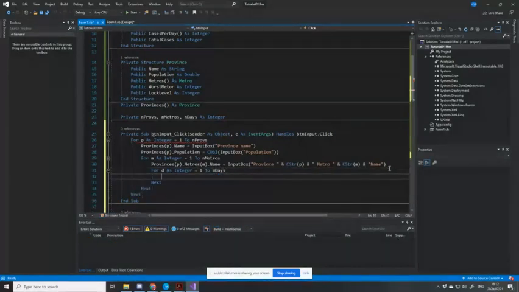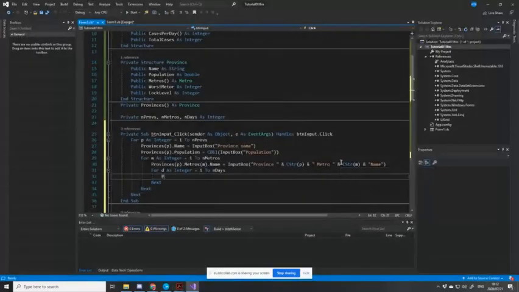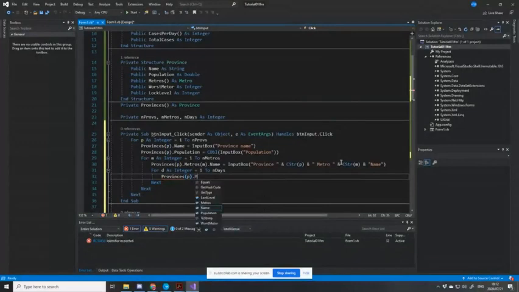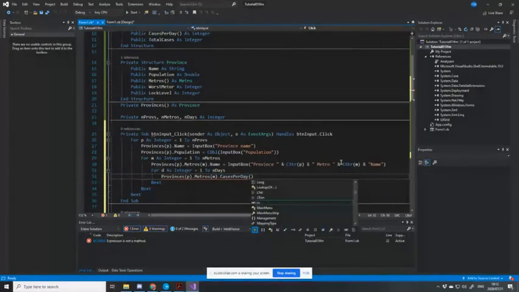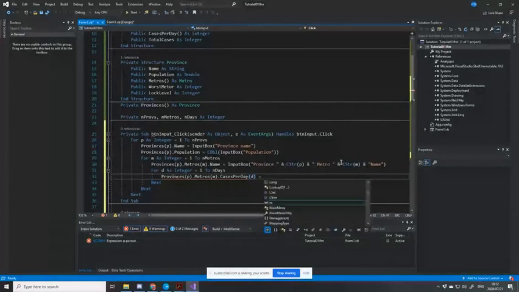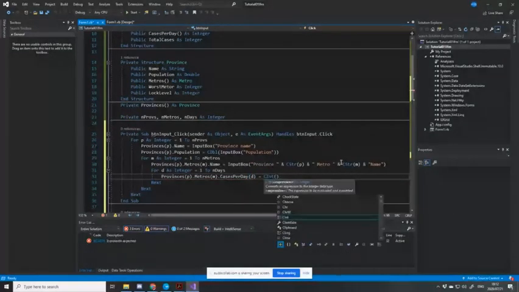I think that's right. Let me just make sure I'm right there. I lost track of where I was. Yes, that's our number of days. So that would be provinces. It's E. Our metros, metro M, and our cases per day for case D equals, that is our number of cases for